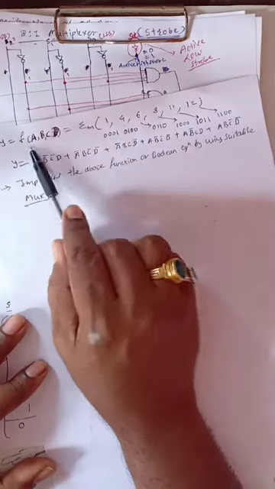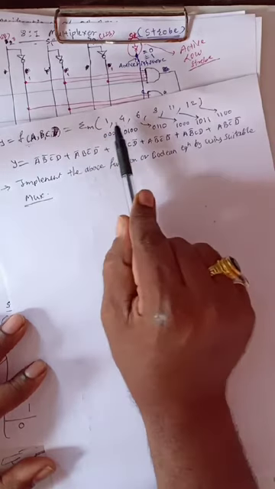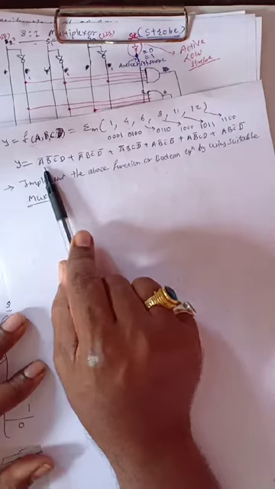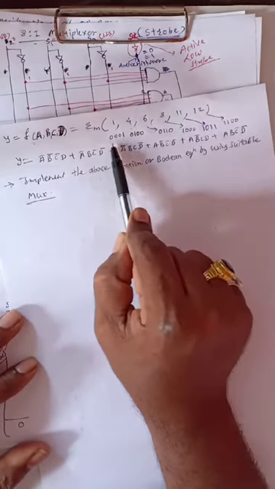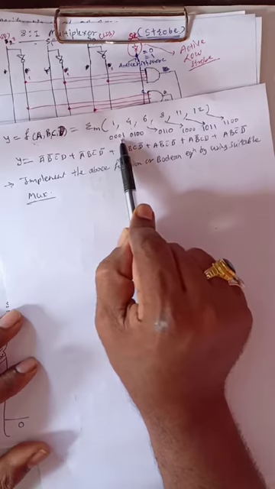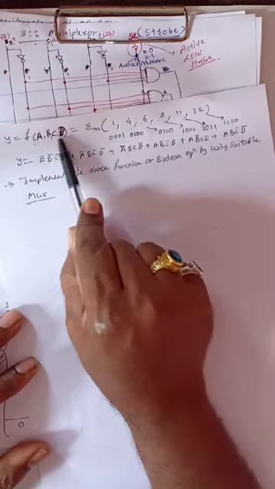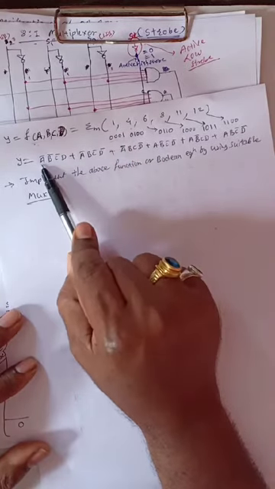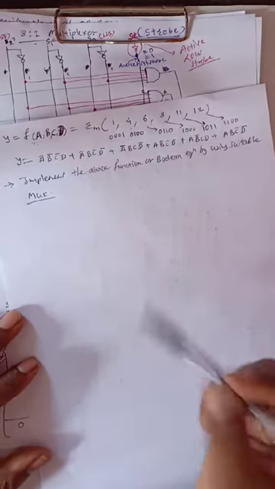Function means this. Sometimes it may be asked like this: it is a function of A, B, C, D, with summation of minterms 1, 4, 6, 8, 11. How do you convert it into a Boolean equation? Just convert into its equivalent binary form and then write. This is the sequence A, B, C, D. A 0 means you have to write inverted. So 0, 0, 0, 1 means A bar, B bar, C bar, D.